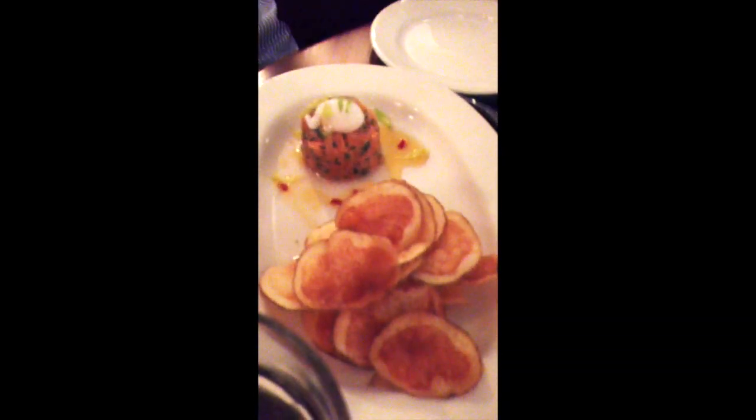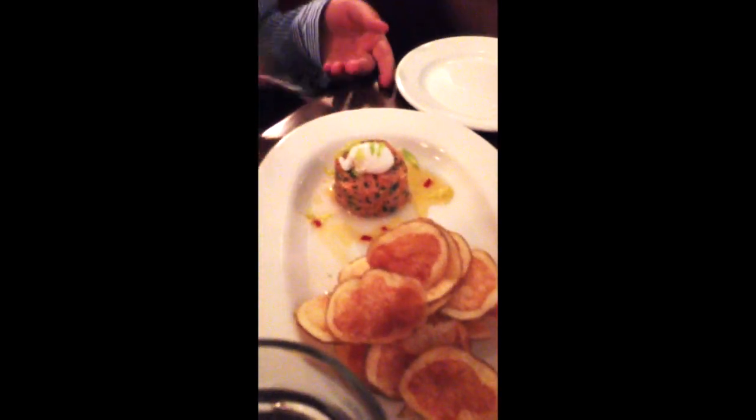So now I'm going to try the salmon tartare. So salmon tartare is basically just raw salmon, and it's usually in some lime, so it sort of cooks it with the acid. That's really good. At the end, it sort of has this little kick at the end. It's a little spicy at the end, but then